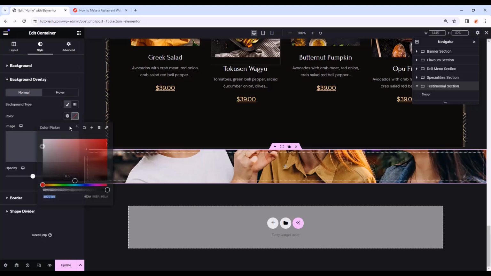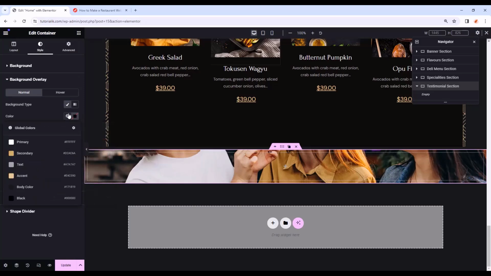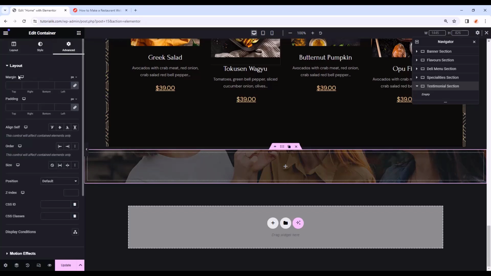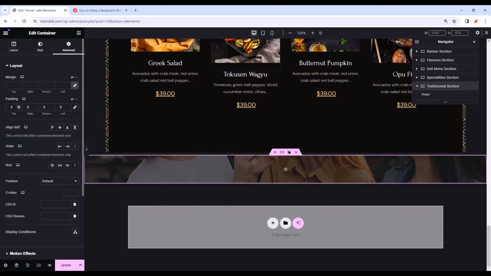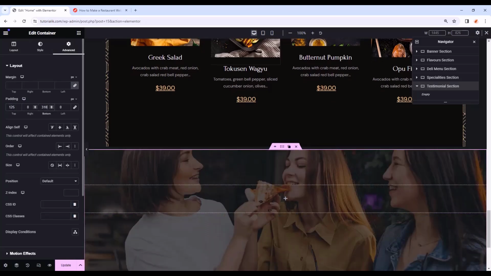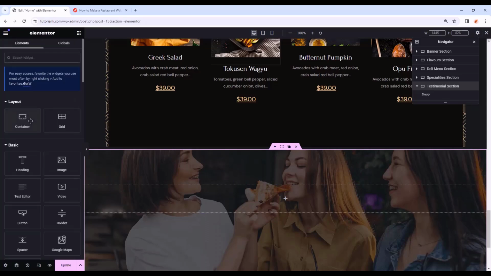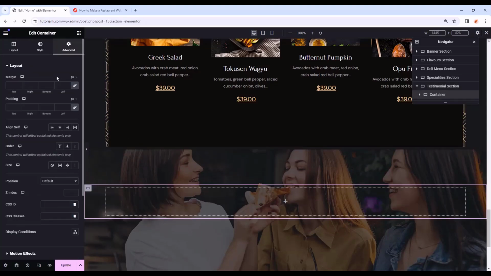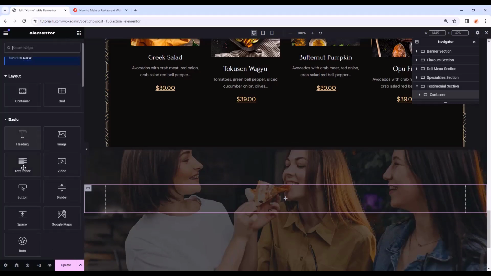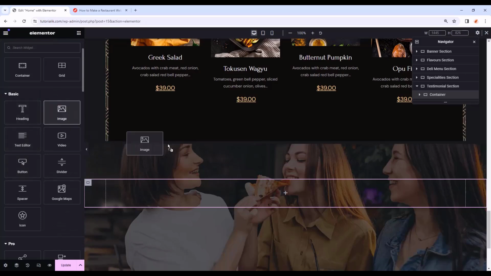Then we have background overlay. Let's add an overlay. From here, I'm gonna add a color. Let's just choose the body color. And from here, I'm gonna just make it 0.7 opacity. Then let's go to the advanced tab, and from here, let's add 125 pixel from the top, then 310 from the bottom. Then I'm gonna add a container. In the container, I'm just gonna make it all 0 padding. Then I'm gonna add an image widget